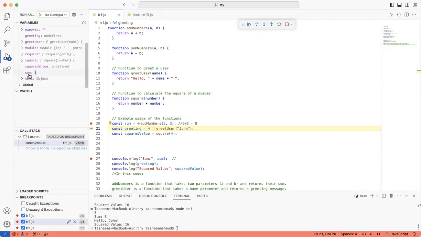So now we know that sum actually has... sorry, did you get the control buttons to appear? When you press on run and debug, it automatically comes up. It might show you what kind of files you're looking for. For that, just make sure the environment's Node.js. Regardless, if there are any setup issues, I will help you out during the lab. But for now, see what's going on and try to understand the lecture.